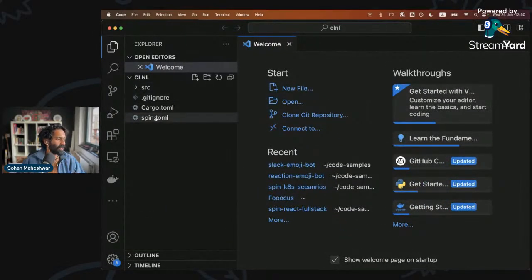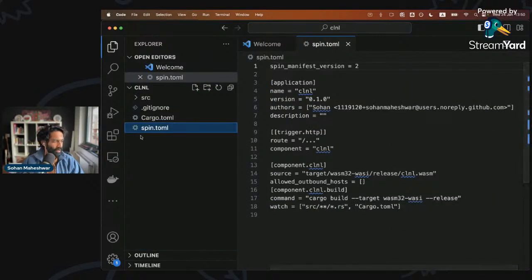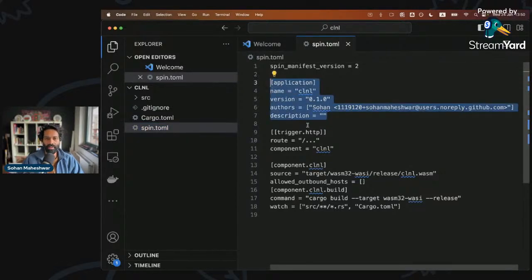So there are 2 things you need to know about writing a Spin application, or building a WebAssembly application using Spin. The first one is your entry point, a TOML file called your application manifest. This has some metadata about your application, stuff you don't need to know. And like I mentioned, it has a trigger. In this case, any route to your application, so just xyz.com, will trigger this application, but within the app, you can actually build routing. So you can have /verify use a particular component here. I can add another component for, say, /checkout. All of that will be in this particular file.